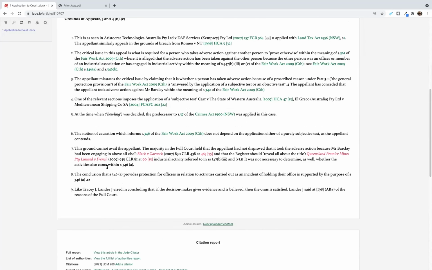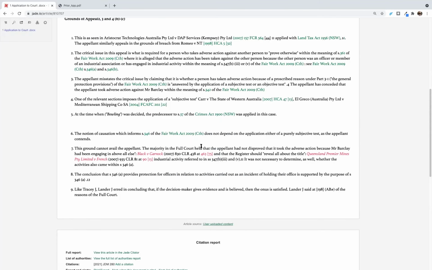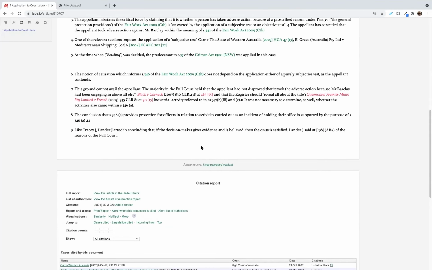A really great feature is we can tell you if there's an issue with your citation. So here in paragraph 7, I've got 2 citations that appear in red, which indicates to me that those citations are incorrect. There's a problem with them because Jade cannot confirm it or find it in the database. And just like at the end of every